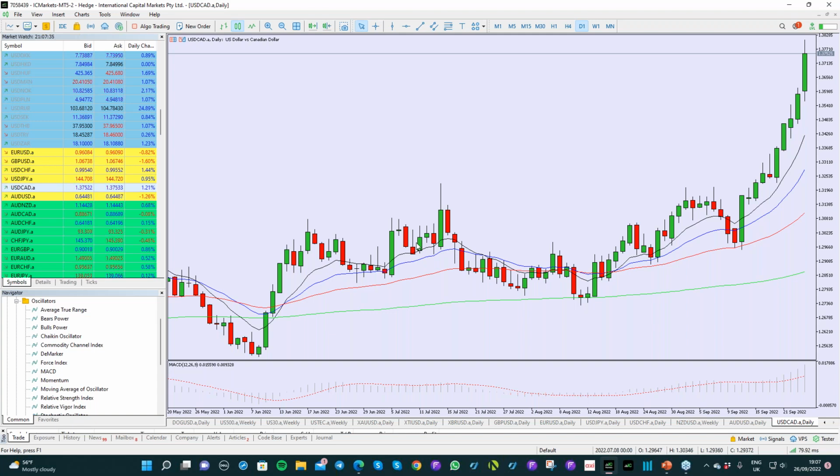Now, with technical indicators, we've got to be a little bit careful, because the majority of indicators used for technical analysis are lagging, because price action has to have happened in order for the indicator to be drawn on the chart. So a moving average, which is the average price of, say, the last 10 bars or the last 20 bars, those 10 bars have to have happened in order for the moving average price to be calculated. So by nature, indicators are lagging,